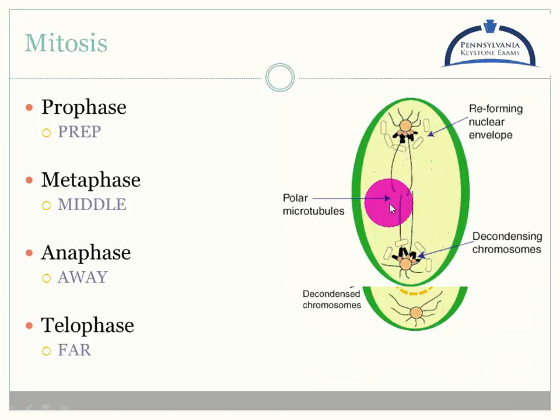And then we have our telophase. At this point, you're pretty much completely separated, and telophase is kind of like the end. It's almost the opposite of prophase. So those spindle fibers that got super long at prophase, they start to break down and get smaller. My chromosomes that got all nice and condensed and strong, stark X's, they're starting to kind of turn into mush again. And then also, at this point, you can see that my nuclear envelope, or my thing that goes around the nucleus, is starting to reform. Because again, unless I'm directly dealing with those chromosomes, I want to try to protect them as much as possible.